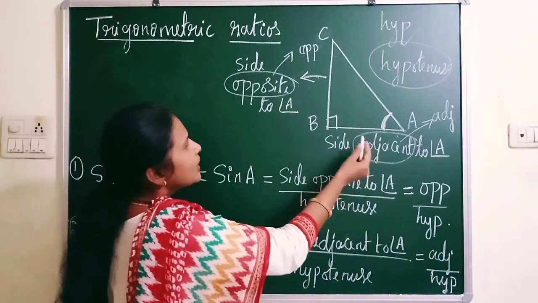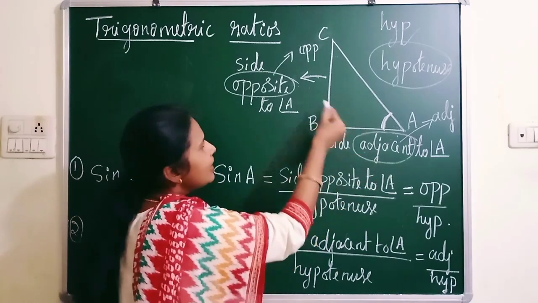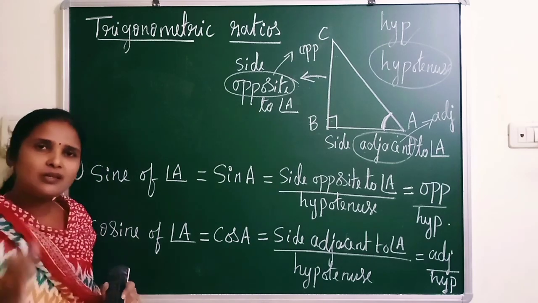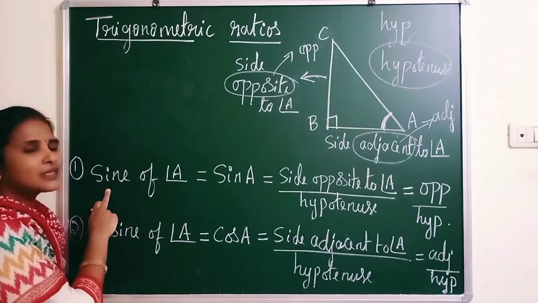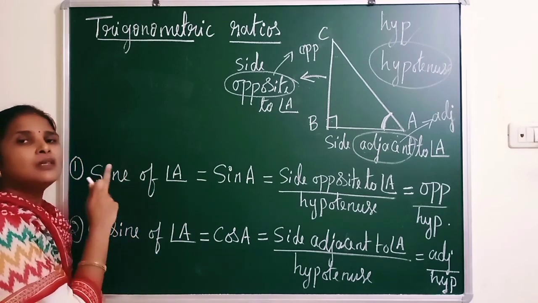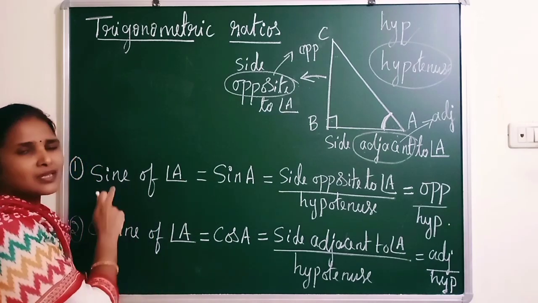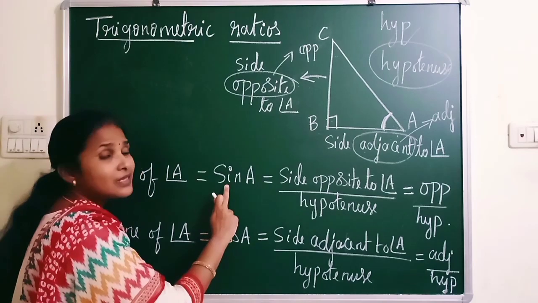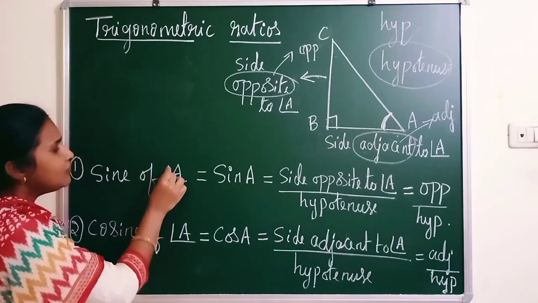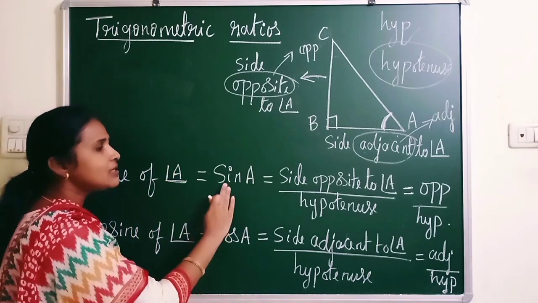So concentrate. You can see that this is the hypotenuse. Because A is the acute angle, this becomes adjacent and this becomes opposite always. Now the first trigonometric ratio: sine of angle A. Instead of writing the E, we skip it and write in short SIN, but we pronounce it as sine. Sine A. The angle symbol is also not necessary to write. It is understood, it is sine A.